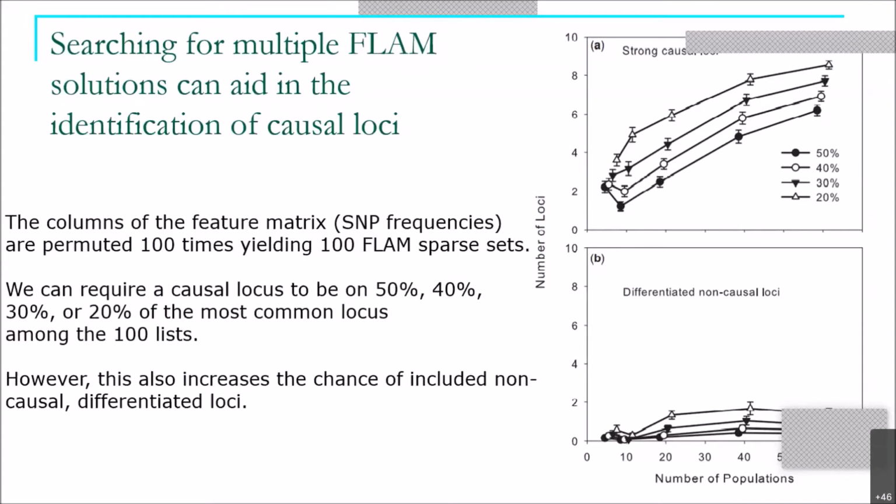And once it's got a good model, it then stops. So what you have to do is you have to permute your genomic information and rerun FLAM to properly sample